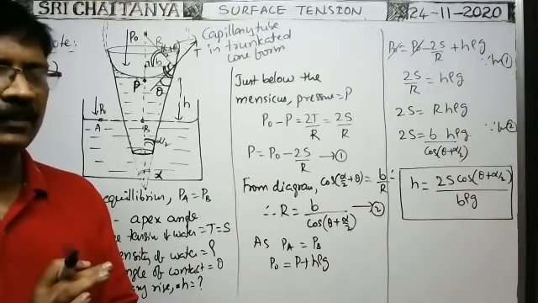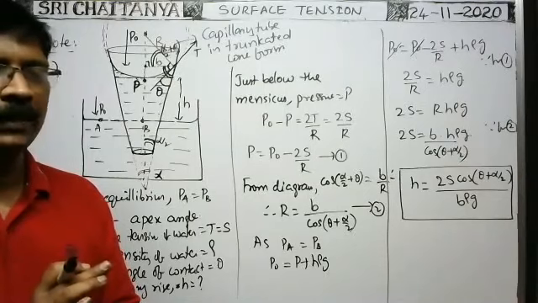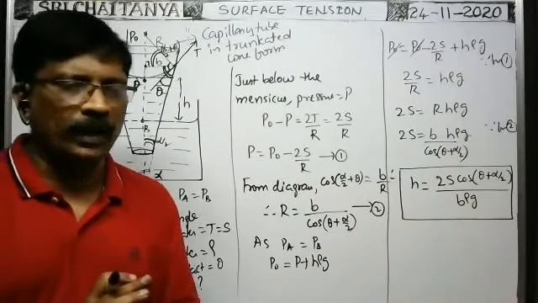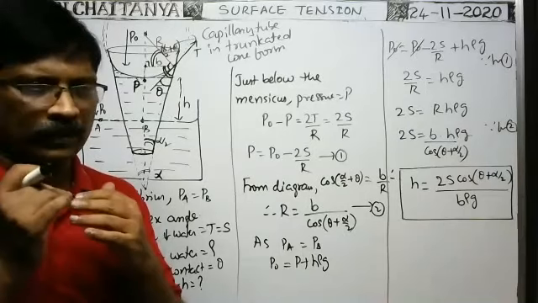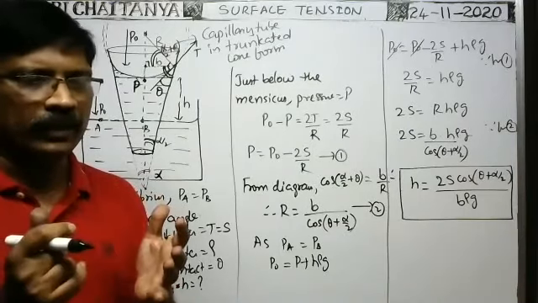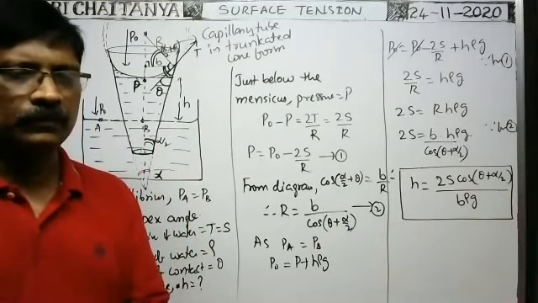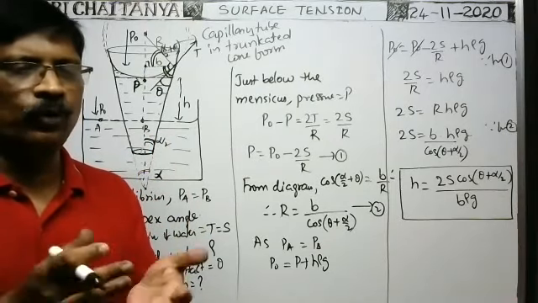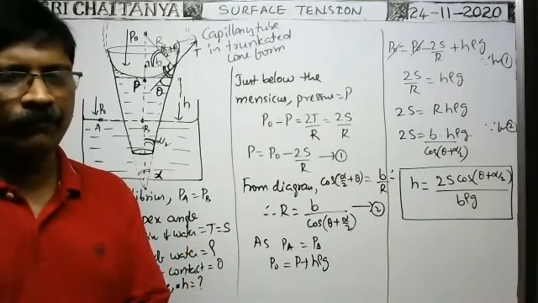Zero. When effective acceleration is 0, whatever the capillary rise, from the formula T is equal to rhρg by 2 cos theta, H is equal to what? Infinity. H is equal to infinity means there is no possibility for the liquid level to rise to infinity. So up to what length does the liquid level rise? Up to the full length of the capillary tube above the surface of the liquid. Am I right?